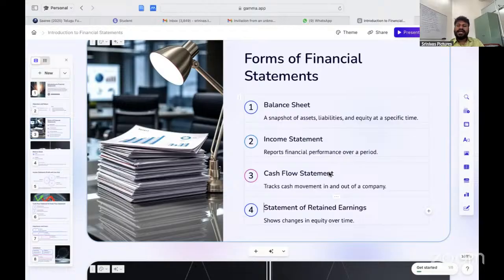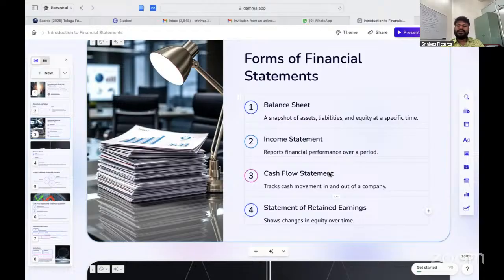And one more statement we are also going to prepare. Before preparation of the source and application account, we are going to calculate the funds from operations. For funds from operations, we take the net profit, and all non-operating items we add, and operating related items we exclude. With the help of these items, we calculate the funds from operations. This is the funds from operations.